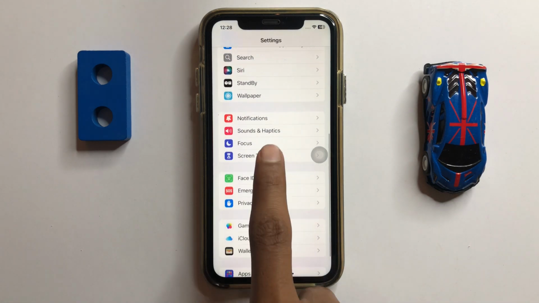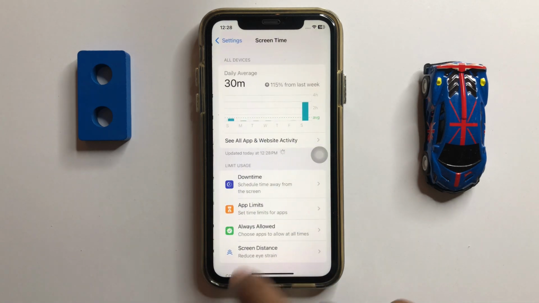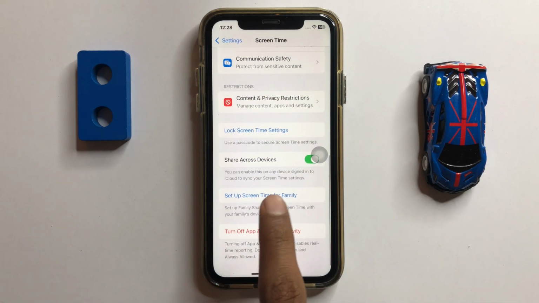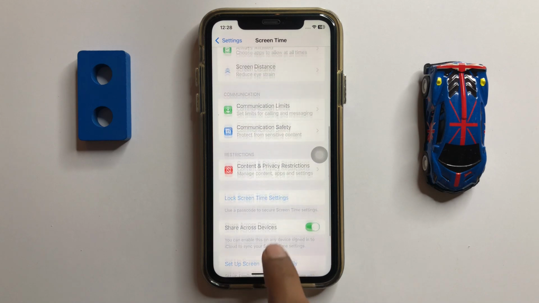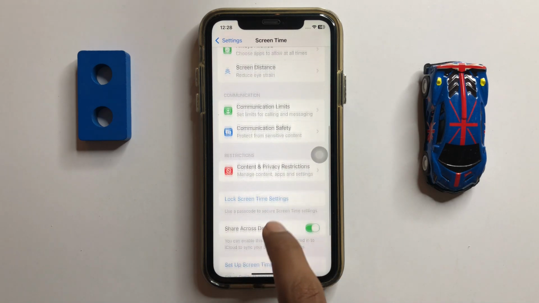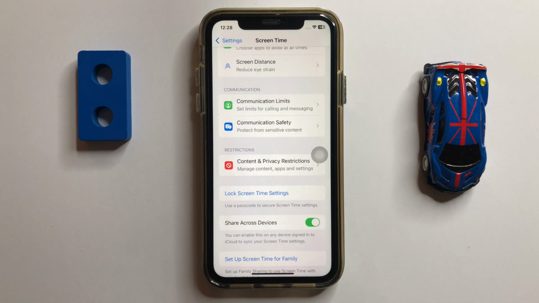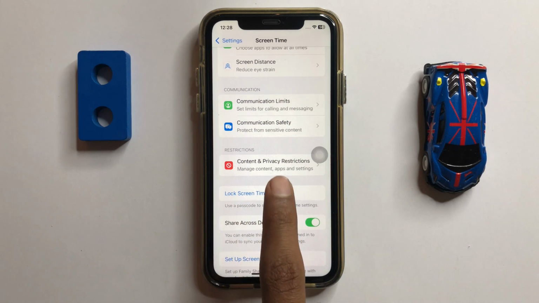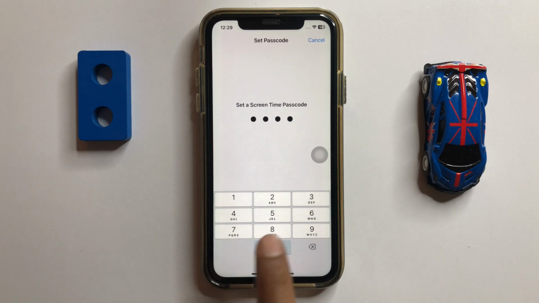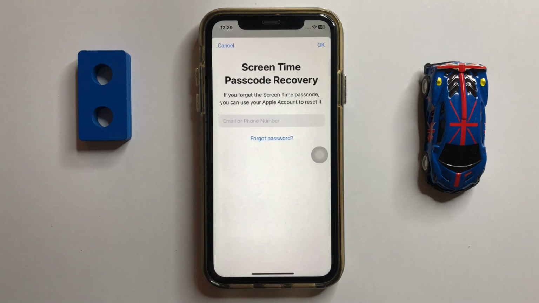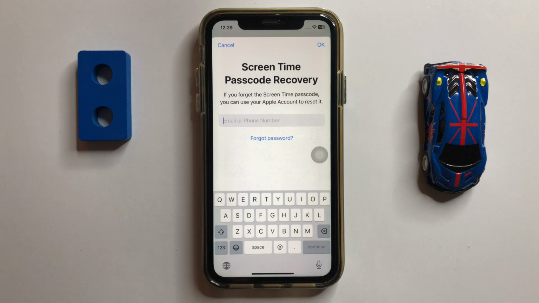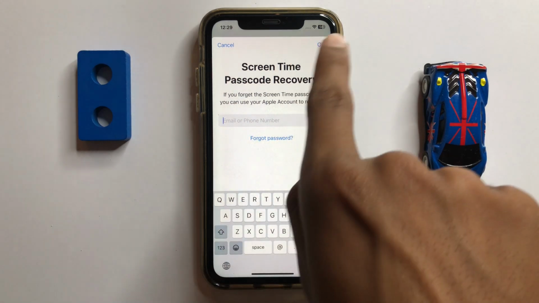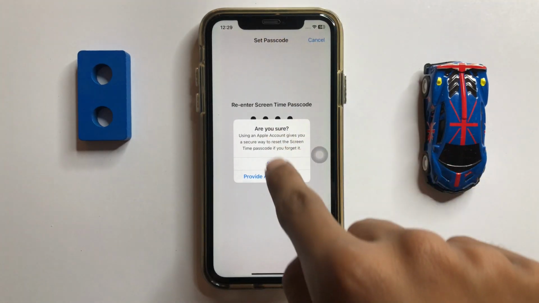the option screen time. Now click on it and then scroll down and here you can see the option content and privacy restrictions, and here you can see the option lock screen time settings. Now enter your screen time passcode. After entering the Apple ID password, then click on OK, and after doing these steps